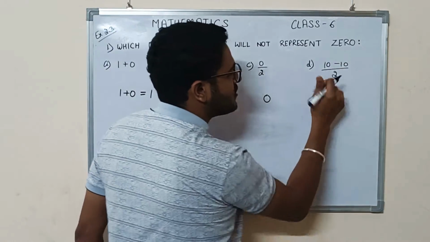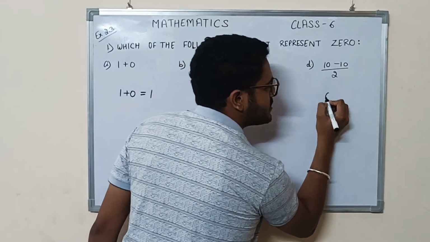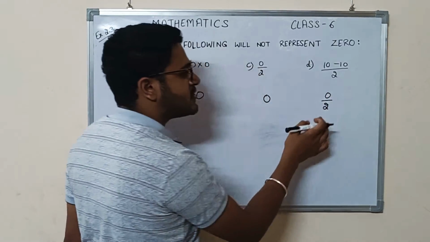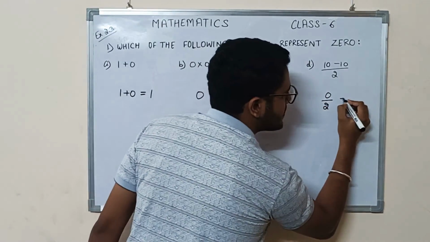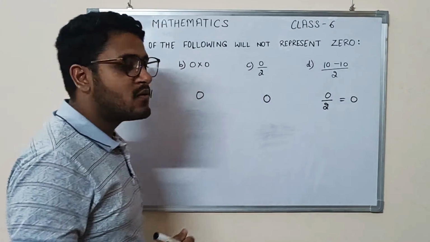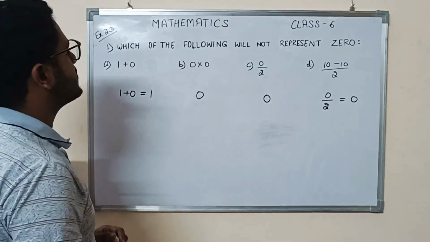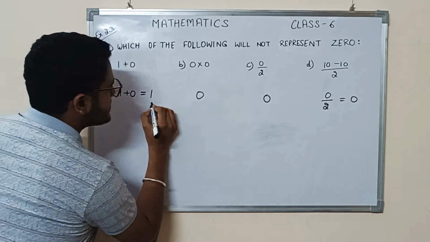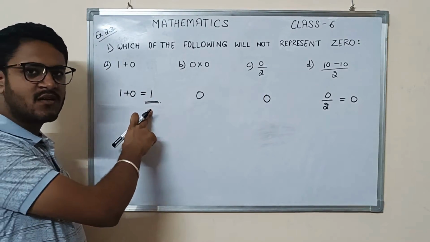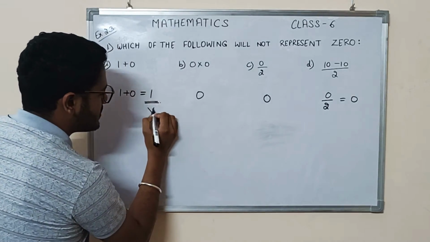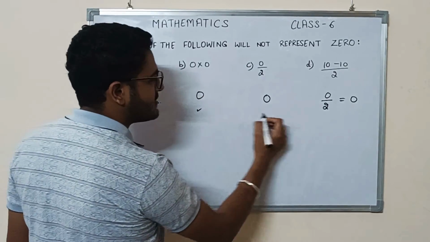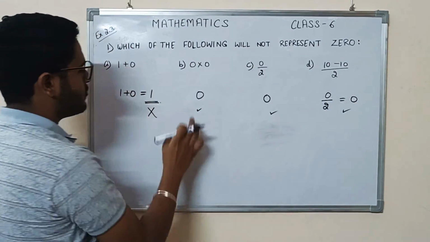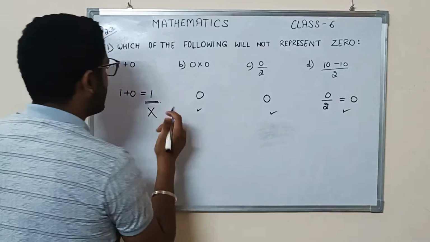Now let's solve this part. 10 minus 10 is 0. Then 0 divided by any number gives us 0. So now what is our question? Which of the following will not represent 0? In this case we are not getting 0, but here we are getting 0, here we are getting 0, and here we are getting 0. This is not representing 0. So our answer will be